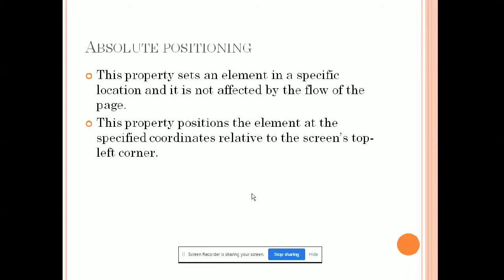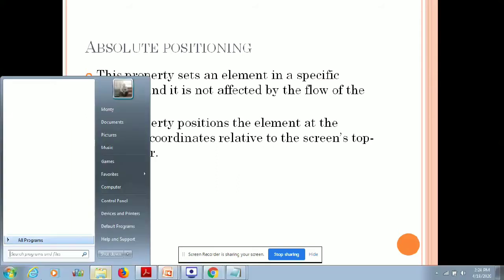This property positions the element at the fixed coordinates relative to the top left corner of the browser. One important thing over here is that in fixed position, even when you use scroll bars, it is not moving, but in absolute position, it is going to move.